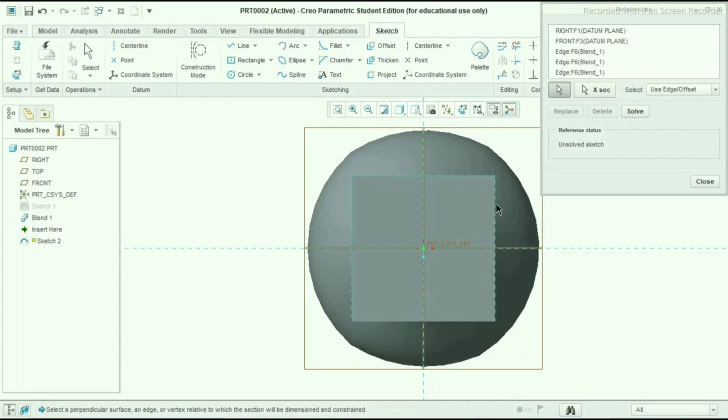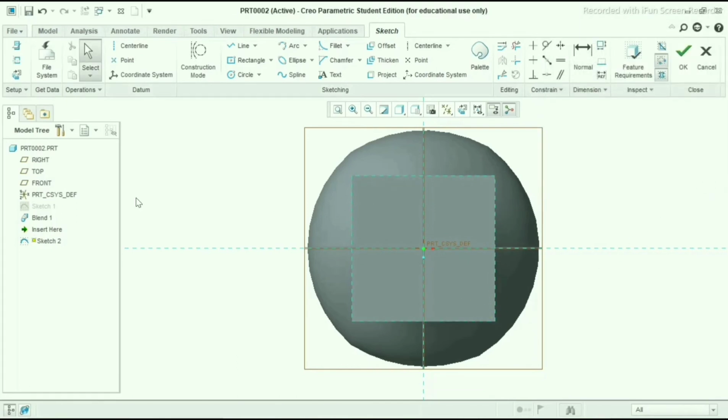I will select these edges of the square and close it. Now go to the rectangle command, make the rectangle from the center of origin and press the middle mouse button to exit. Now simply click OK.